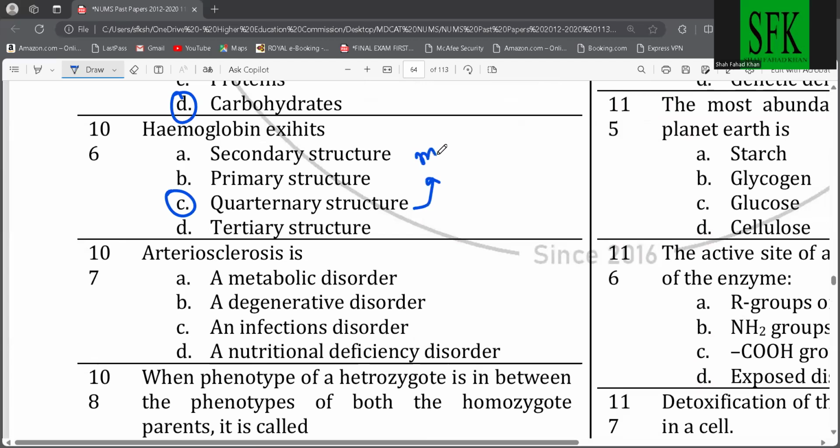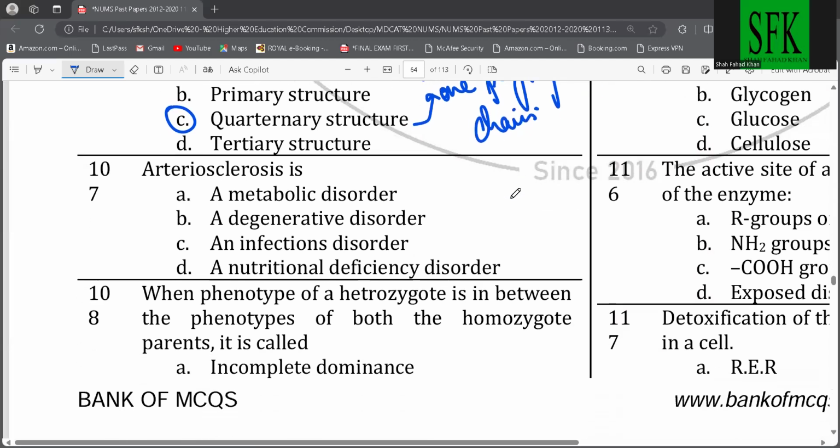Hemoglobin exhibits quaternary structure. Quaternary is what we call it when you have more than one polypeptide chain. Okay. Then arteriosclerosis: it's a metabolic disorder, infectious disorder, nutritional deficiency, or degenerative disorder, okay, because